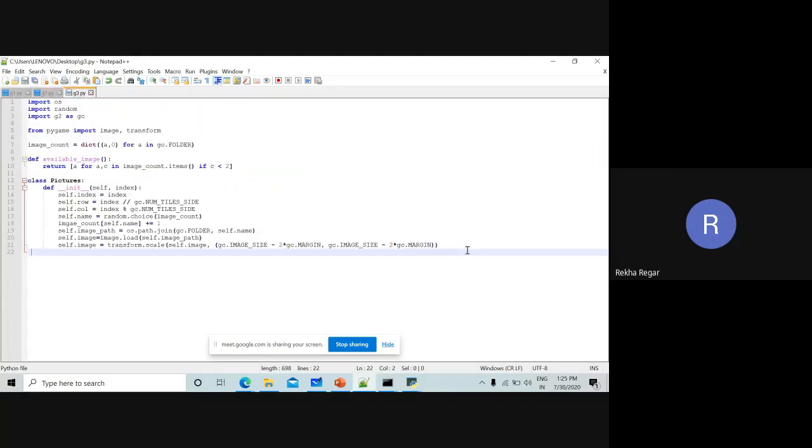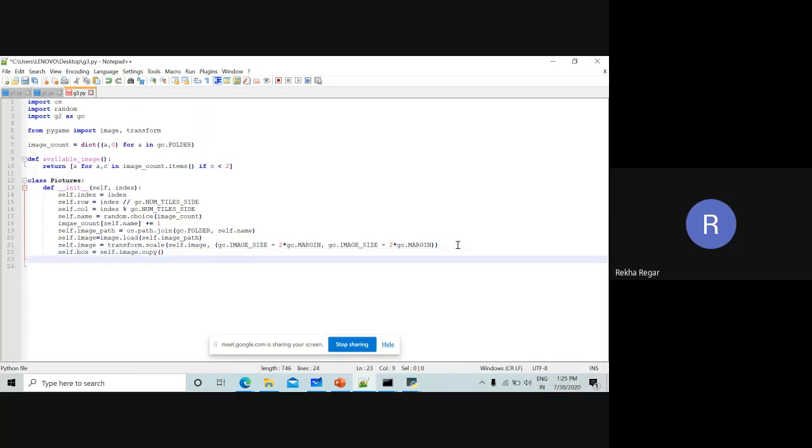After that we have to save this one, and after this we need some box also. So we have to take one variable, that is box, and in this box we are going to copy the image. So just simply self.box, the variable box, and what we are going to do is take self.image and we are going to take the copy. So the copy is going to be used here.